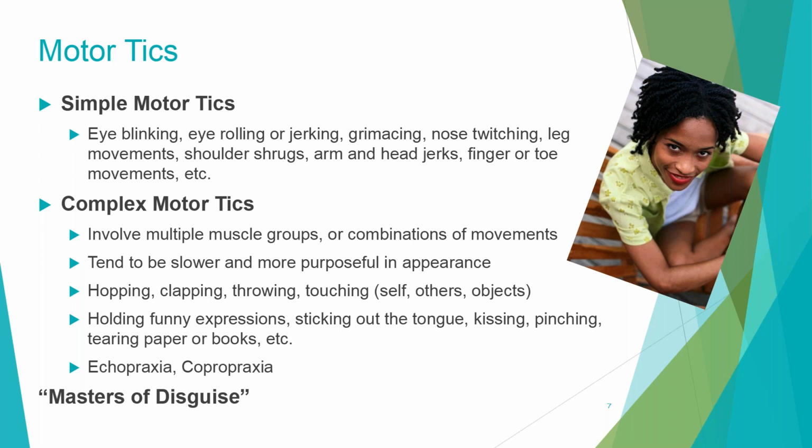The one thing to keep in mind is that they are masters of disguise, and they will incorporate something to disguise the tics that they may have. Our son had a tic where he would jerk his head, so then he incorporated a second tic with a smile that then turned into a grimace. But he made it look like he looked to the side to smile at the person next to him.